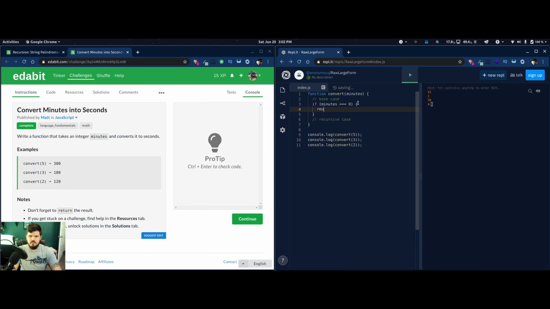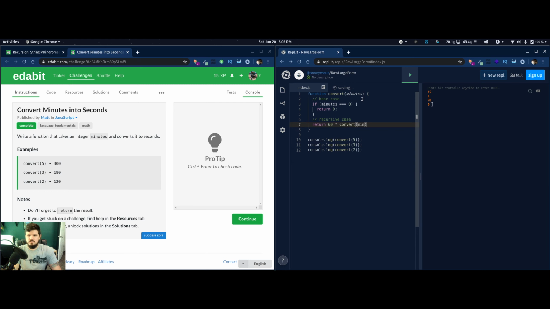So if it's equal to 0, we're going to return 0 just like before. Otherwise, for this problem, we need to know how many seconds are in a minute, which is 60 seconds. So it should be 60 times